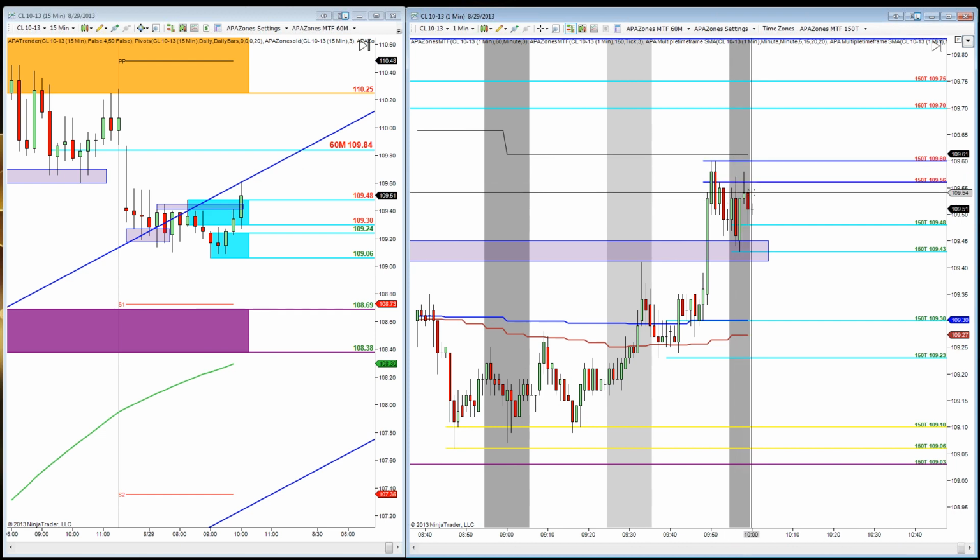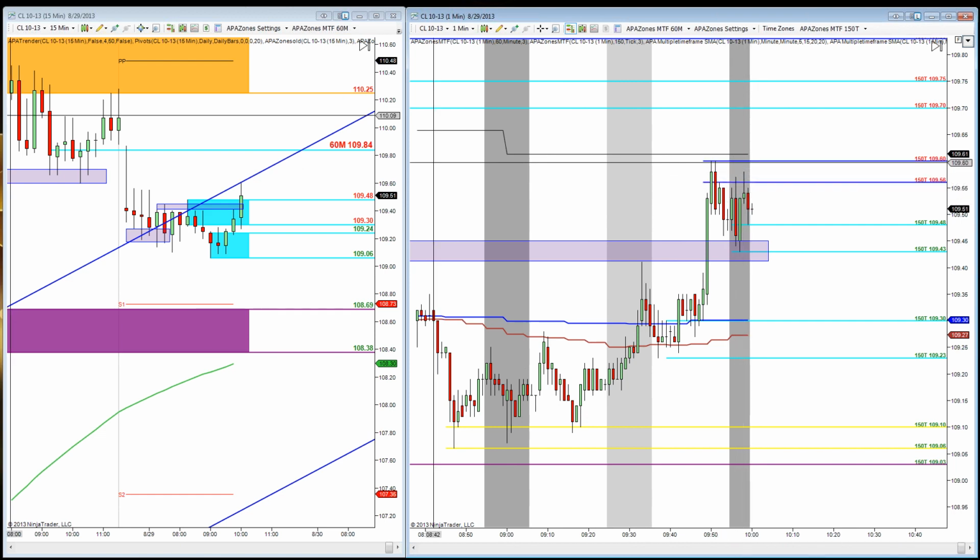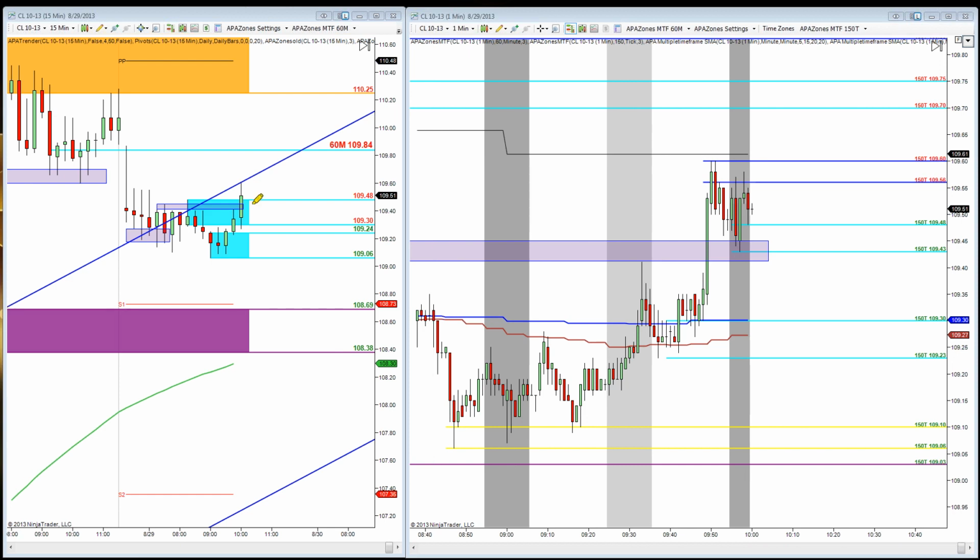You have that hammer candle right there. Hopefully everybody can see and identify. I'm sorry, not hammer candle. It's the inverted hammer or shooting star candle right here. Now the question is, is there really any reason for this thing to stop here? Other than being at the top of the hour,